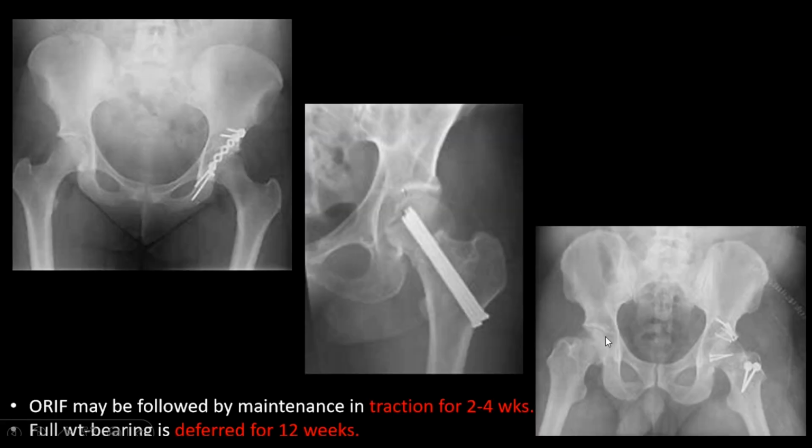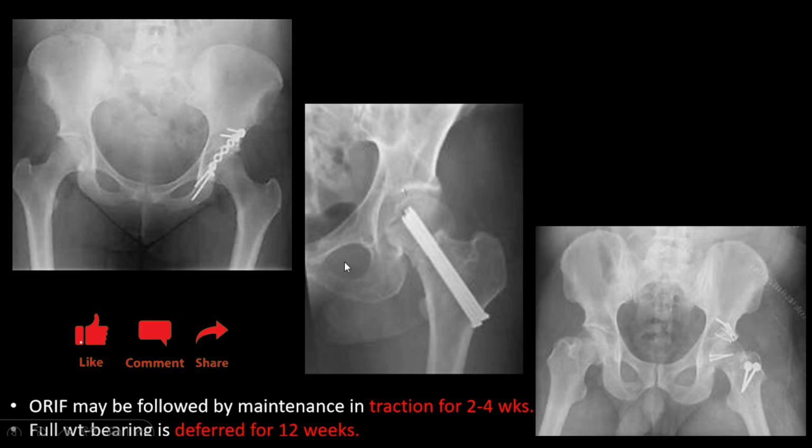These are the images where you can see how the acetabulum is being fixed. This is the plate, and screws are used to fix the chip of the acetabulum, and then the joint is reduced. Another image where the joint is relocated in its position along with correction of the fracture of the neck of the femur. And here you can see how nails are used to correct the injury present around the joint and to reduce the joint.